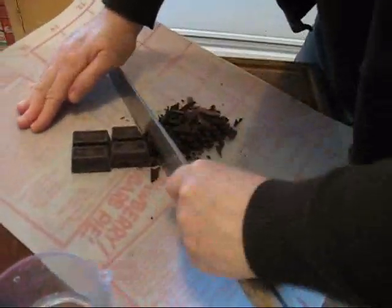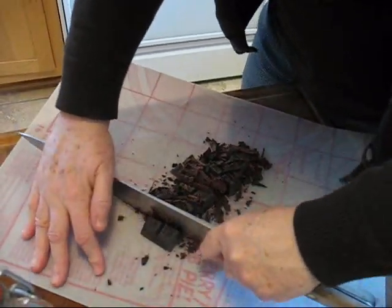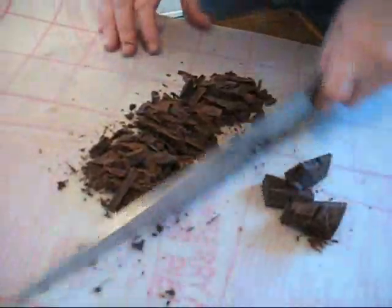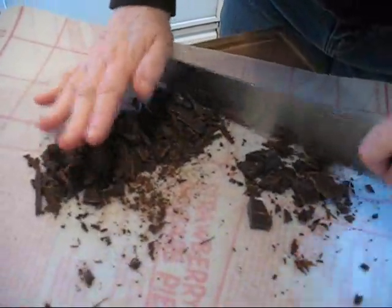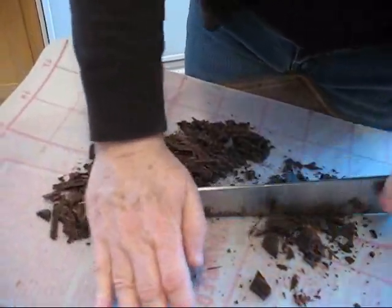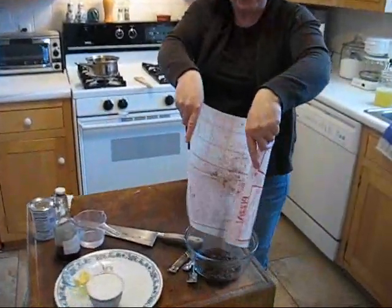I line them up. Take out those little guys that didn't get quite chopped. Gotta keep your fingers out. Okay, very good. Okay, now we're going to put the chocolate into a bowl,